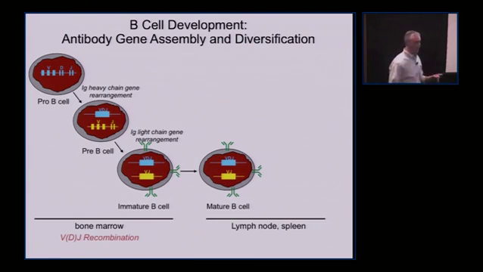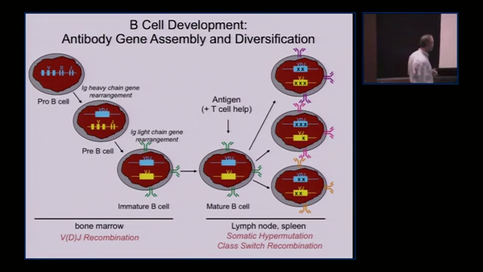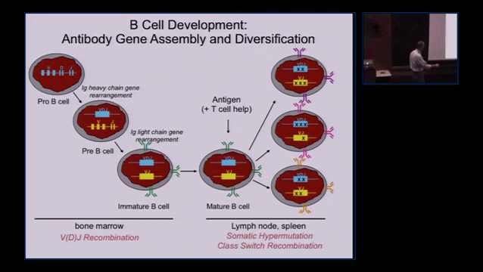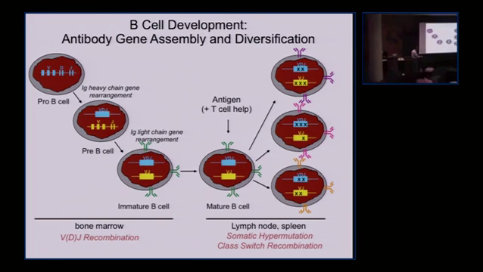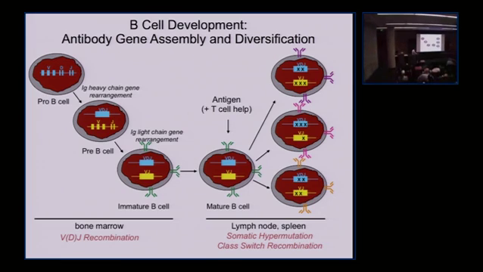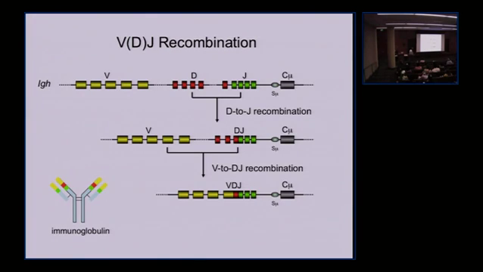And if that B cell is fortunate enough to interact with antigen and receive appropriate T cell help, it will be activated to engage in the immune response, and that process leads to further diversification of the antibody genes through processes known as somatic hypermutation and class switch recombination, which again are taking place in germinal centers in lymph node and spleen. And my lab studies both these early gene rearrangement processes and these later gene diversification processes. And most of what we'll focus on today is the early steps, or V(D)J recombination, which is involved in